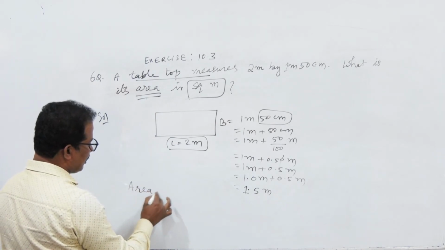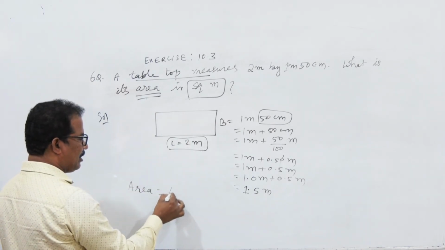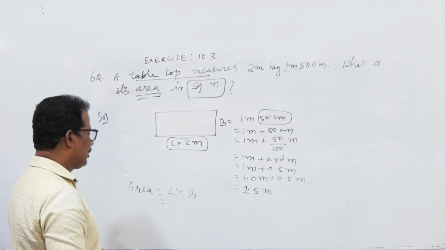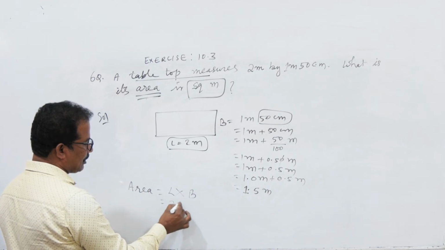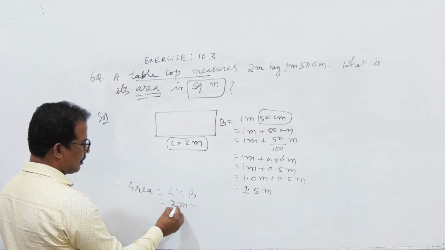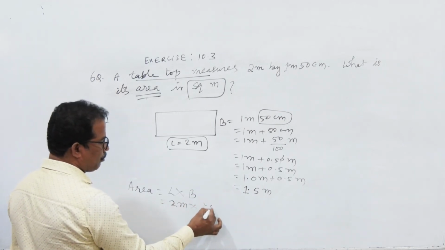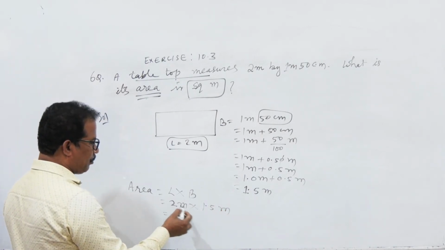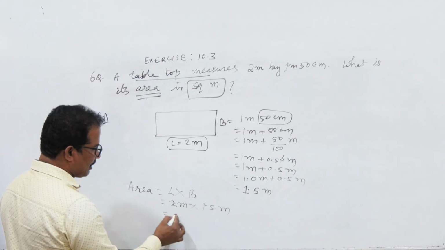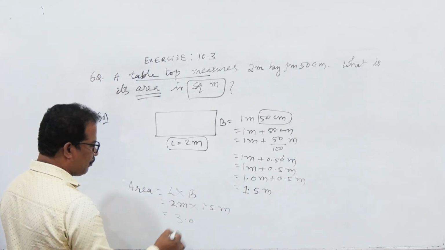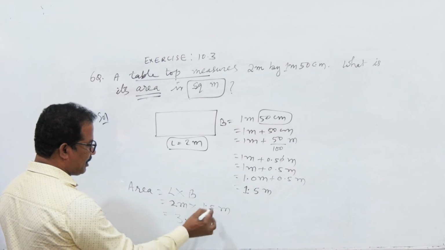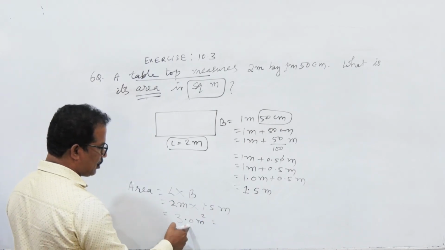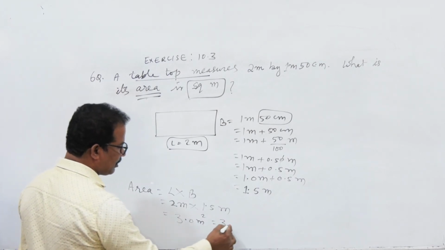So area is equal to, being a rectangle, the formula is length into breadth. Understand? The area of a rectangle is length into breadth. What is the length given here? That is 2 meters, and the breadth given here is 1.5 meters. And we can find the area by multiplying 1.5 by 2. 2 fives are 10, 2 ones are 2, so it is 30. The point will be 1 digit from right to left like this, meter into meter, meter square. So after the decimal, only 0 means we can omit that 0 and write simply 3 meter square.